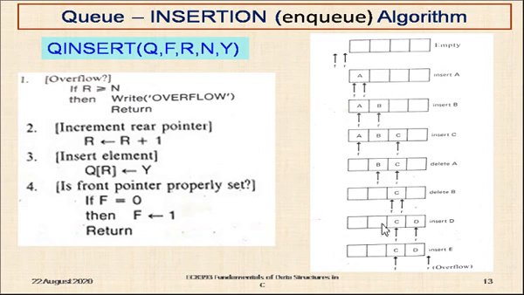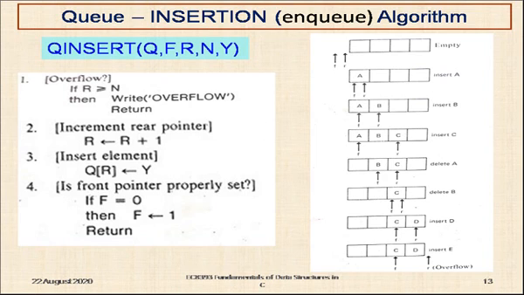But you look at the condition. Physically it has 2 locations free. We can insert 2 more elements, but because of the linear queue insert algorithm, it is not possible to insert any more data even though the queue has some free locations. That is a disadvantage of the linear queue. This problem is overcome in the circular queue that we will see later. You'll understand better. Following. As far as this condition is considered, the first condition is satisfied. So it will simply say queue overflow and return back to the calling program.